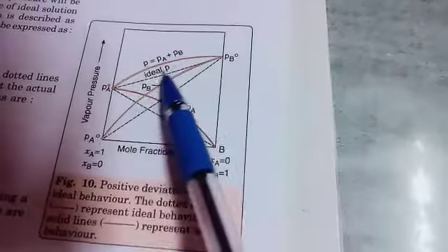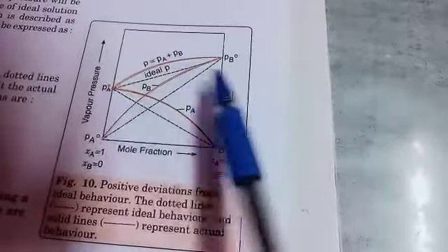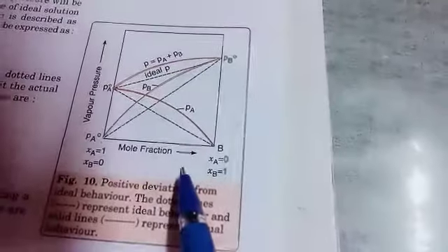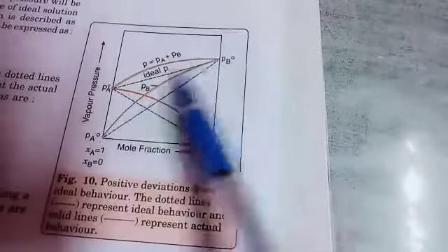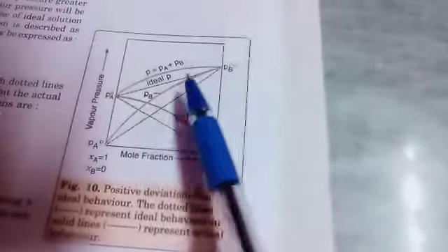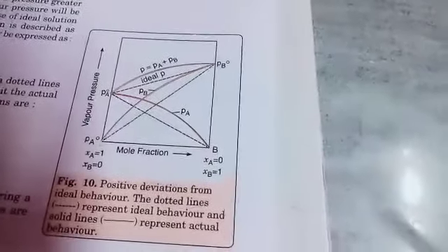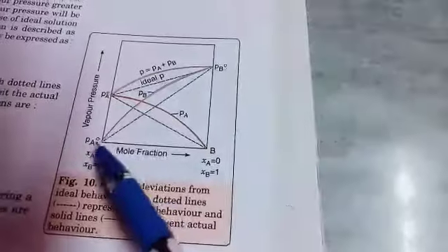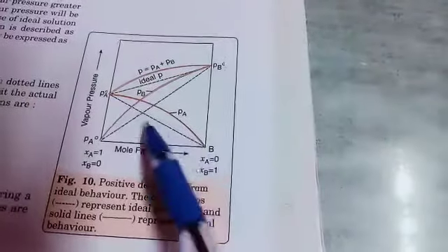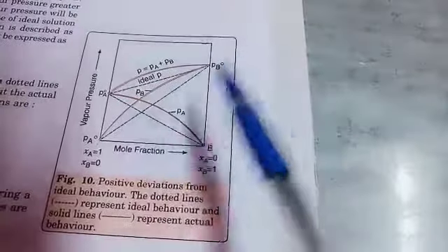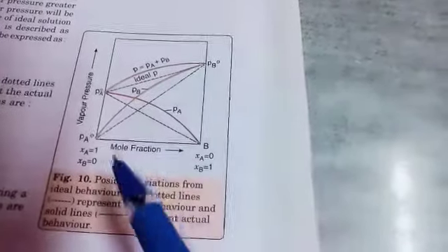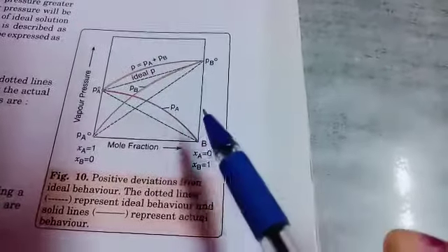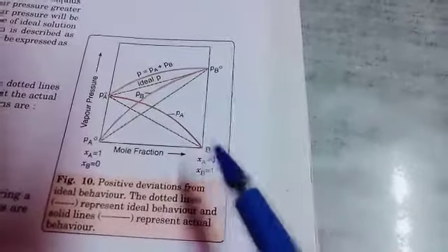Now just see in this one, this is your graph. Normally this line is for the ideal one, it's P A naught, it's a pure substance, P naught B, and the mole fraction is given to you. Now if these lines are straight lines, that represents an ideal solution. But in this case, because it is showing positive deviation, just see the curves are over that normal line. तो normal से ऊपर है, because they are showing higher vapor pressure in comparison to normal, that's why their graph is like this one. This is regarding the solution showing positive deviation.